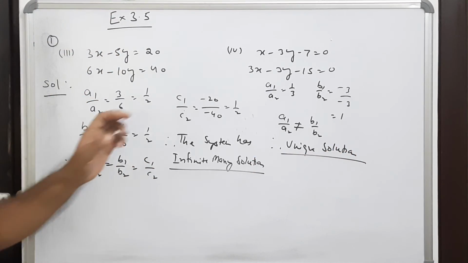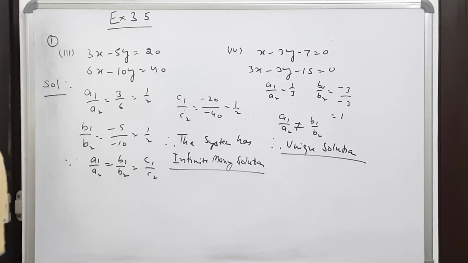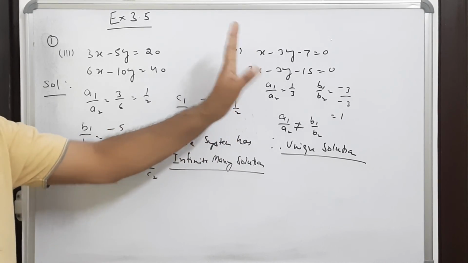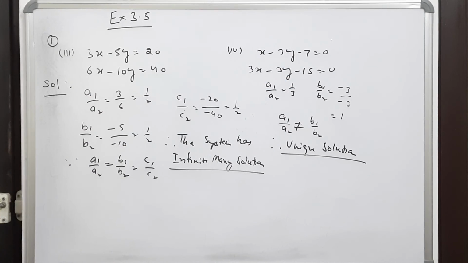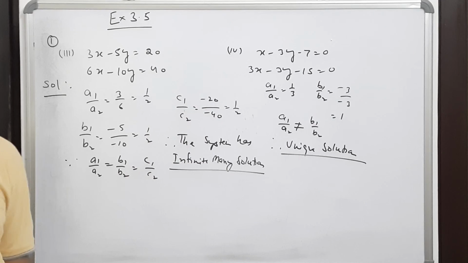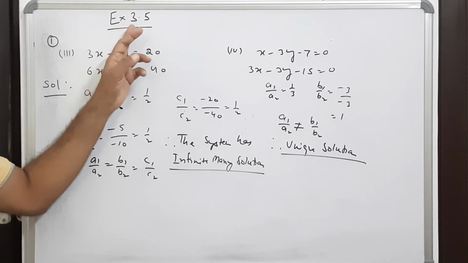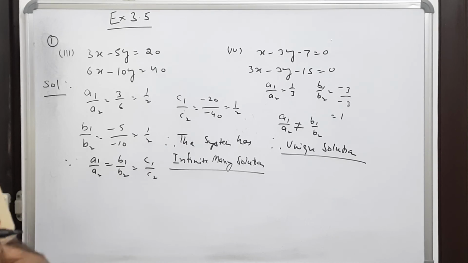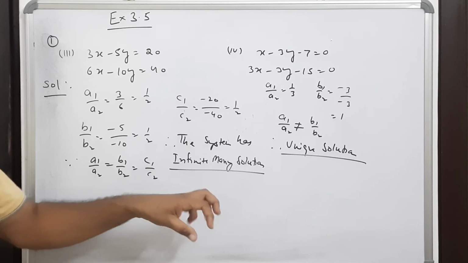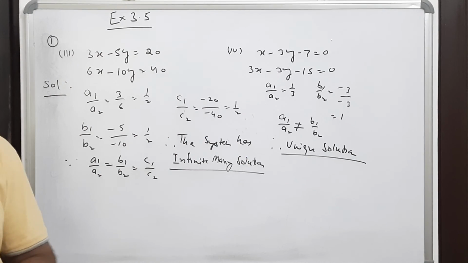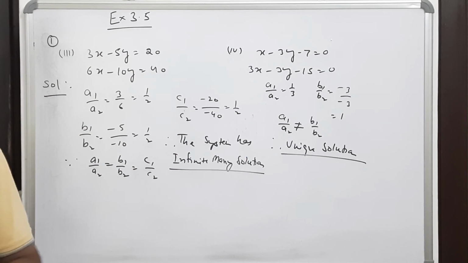Unique solution means when we solve this, we will get the values of x and y. In my previous videos, I already explained how to solve this. You can solve by the elimination method or by the substitution method. Here it is written in the exercise to solve it by cross multiplication, but as I told you, the cross multiplication method is not for this particular year. So we can remove that part and solve this by any other method.